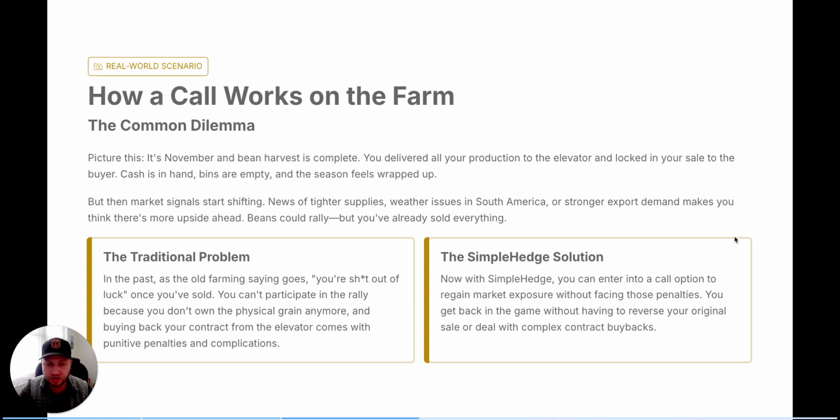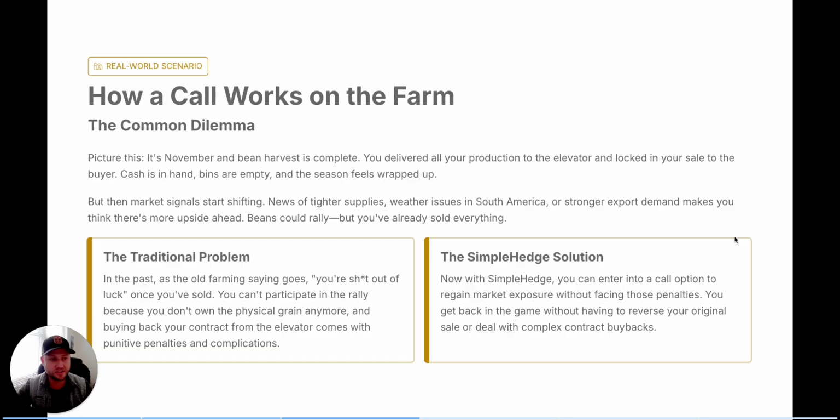Buying back your contract from the elevator is very unlikely, and if it is somewhat likely, it comes with very punitive penalties and complications. So, the SimpleHedge solution. Now with SimpleHedge, you can actually